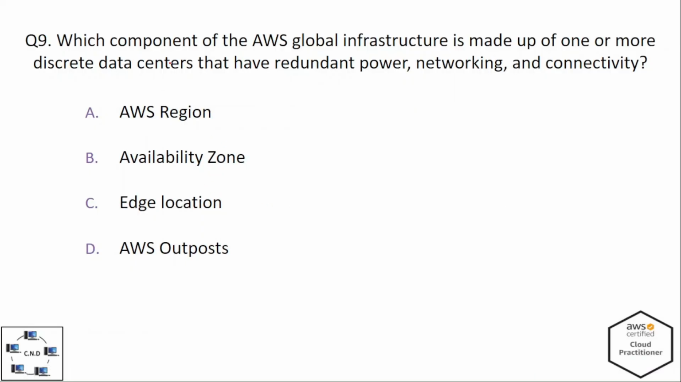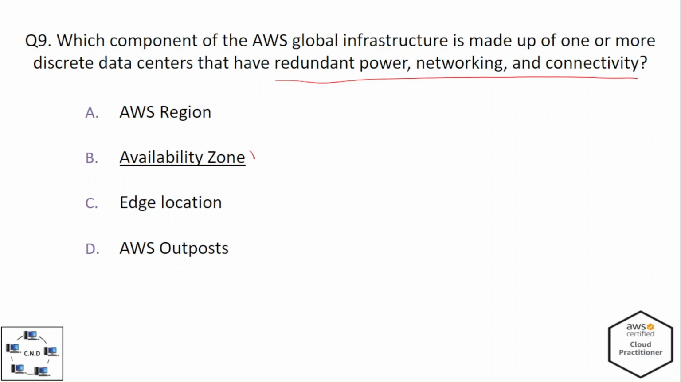Question number 9 is: which component of the AWS global infrastructure is made of one or more discrete data centers that have redundant power, networking, and connectivity? And the options are A. AWS region, B. availability zone, C. edge location, and D. AWS Outpost. And the correct option is